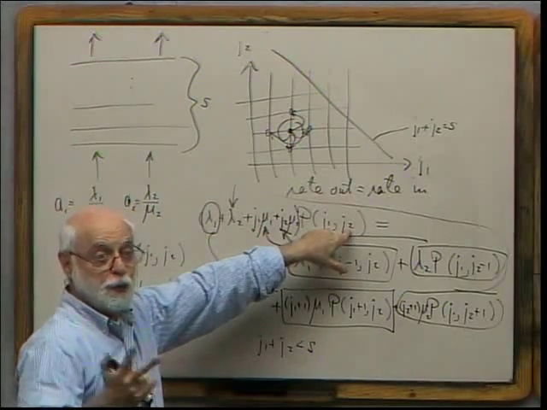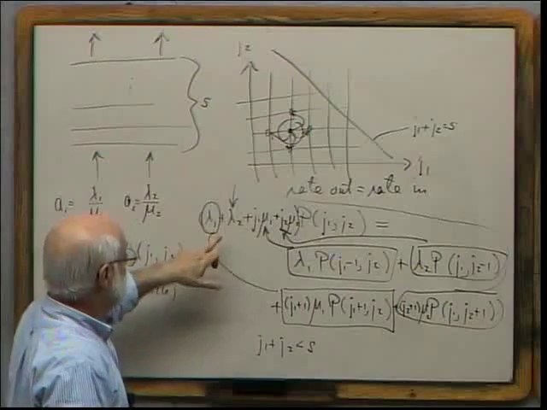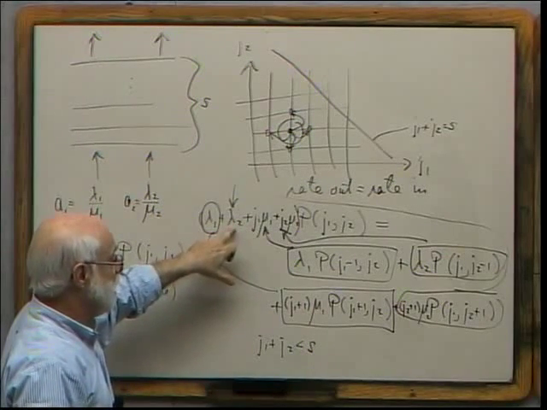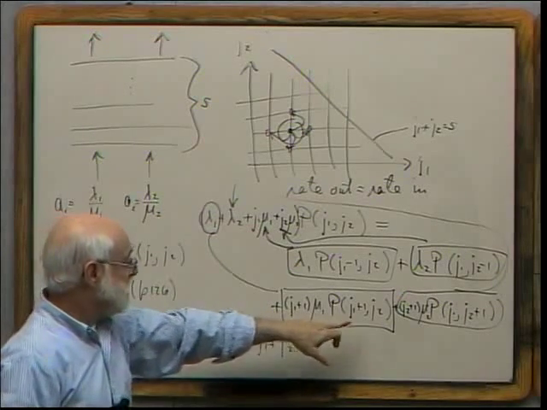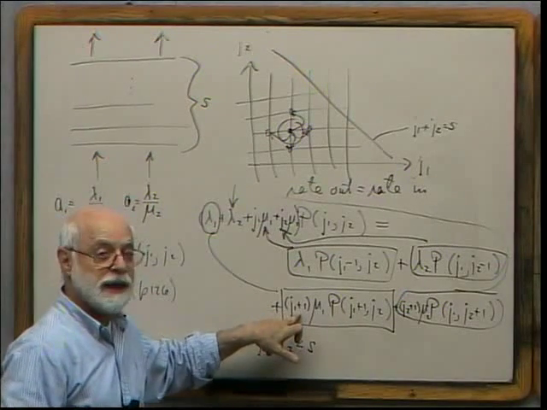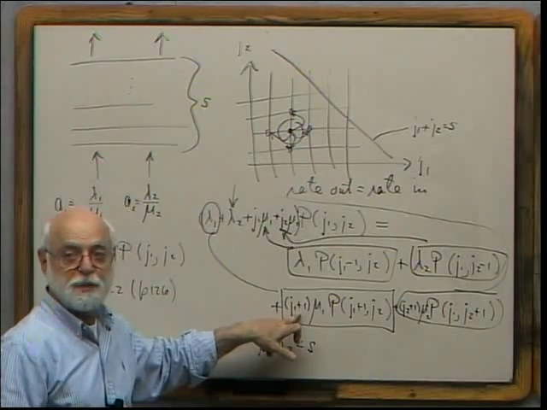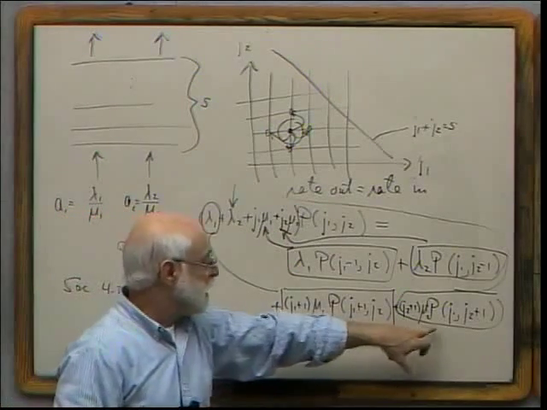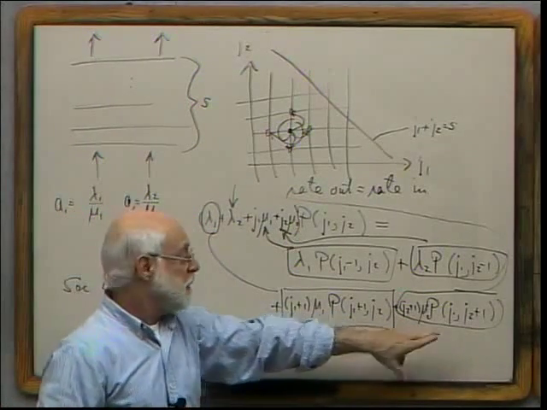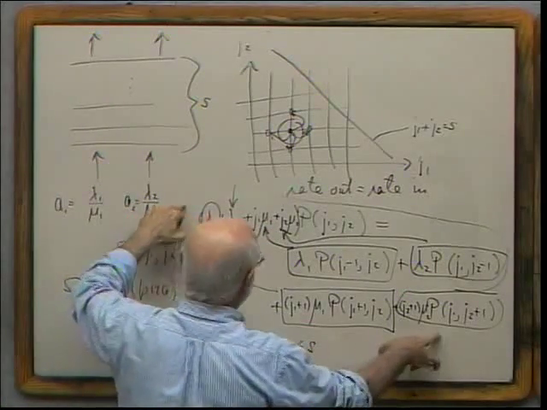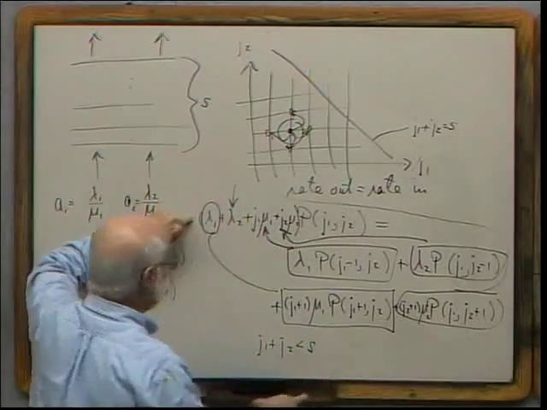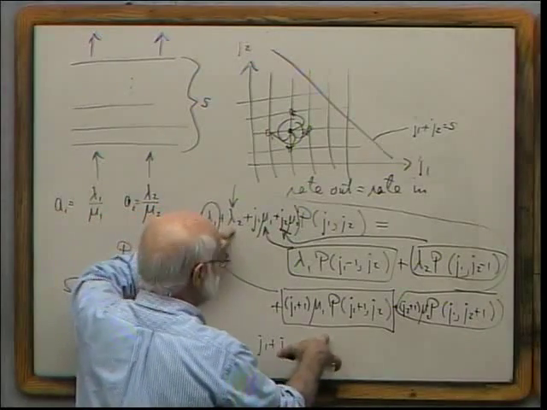Likewise, this term is not going to be in there. But also, that term isn't going to be in there because this is a state that's impossible. It's not allowed because it would correspond to S plus 1 customers. Similarly, this term is not allowed. But since this one corresponds to that one, and this one corresponds to that one, if that's not there, and that's not there, and that's not there, and that's not there, what remains is still satisfied by exactly the same